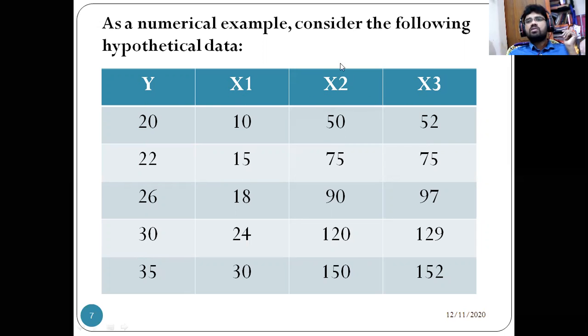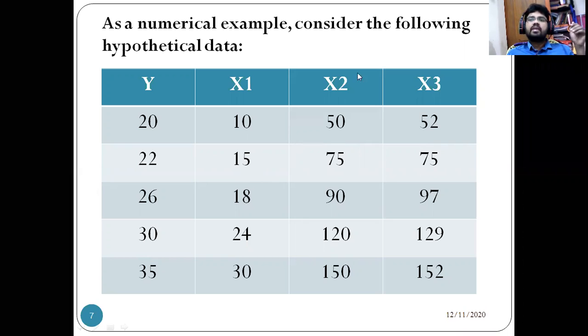So if you observe the data only, you can clearly observe that. For example, if you take a relation between x1 and x2, there may be some considerable relationship, because see, there's a small difference. There is a difference between these values. Okay, 10 to 15, 50 to 25, 75. But there is an increase, there is a relation, but there is a less relationship between the x1